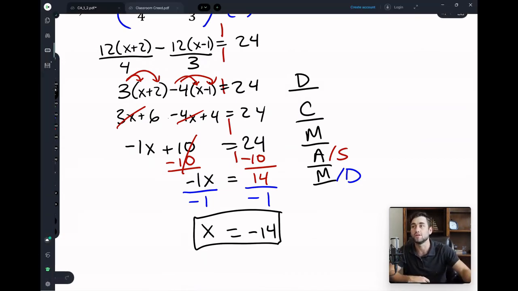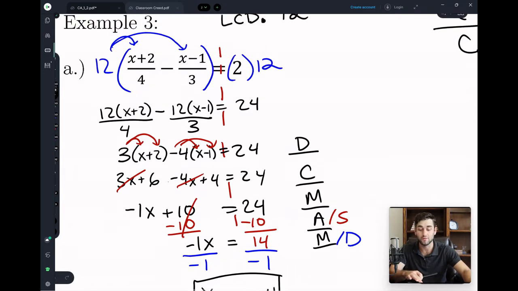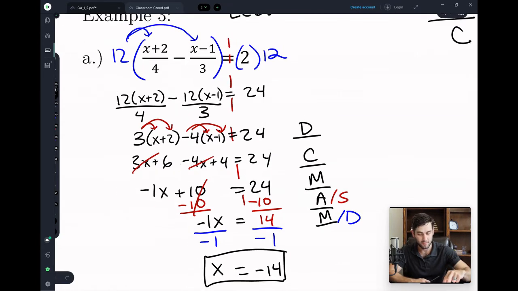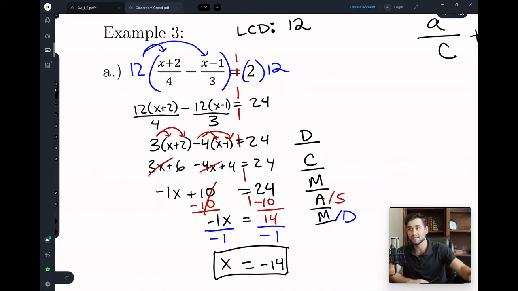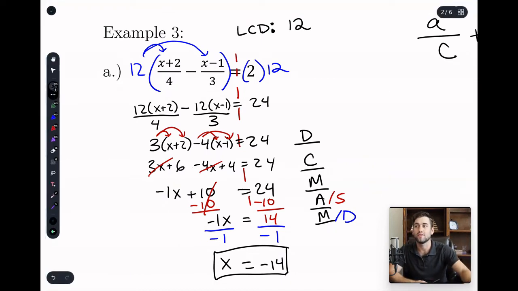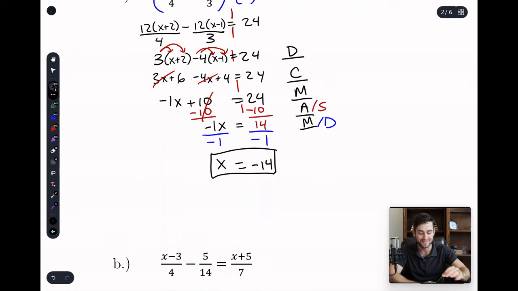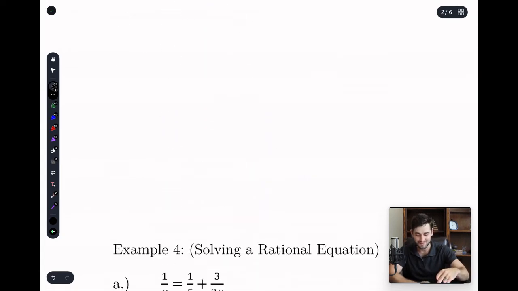Now guess what you can do? You can go in, plug in negative 14, and check and make sure that I didn't make any mistakes somewhere. Sometimes I do make mistakes, and I don't like it when that happens. But you can plug negative 14 in for x, and you'll see whether or not it was right. I'm looking at the answers right now. It is, but sometimes I make mistakes. Everybody makes mistakes sometimes, and I do a lot.